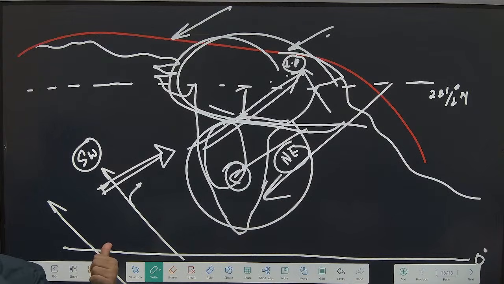Coastal region will receive approximately 250 centimeters of rainfall. Malnad region will receive approximately 100 centimeters of rainfall. Correct? And North Maidan, how much? 40, South Maidan 60, in this range you may get.